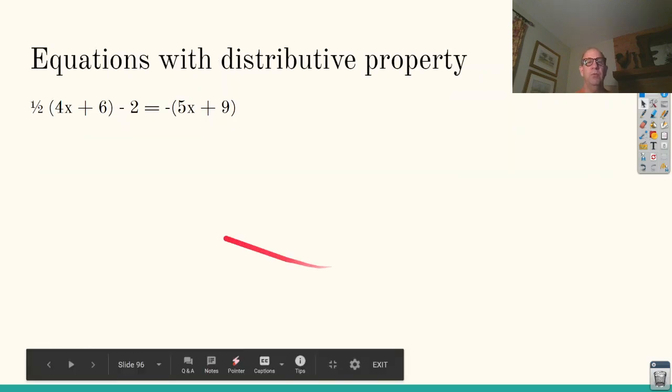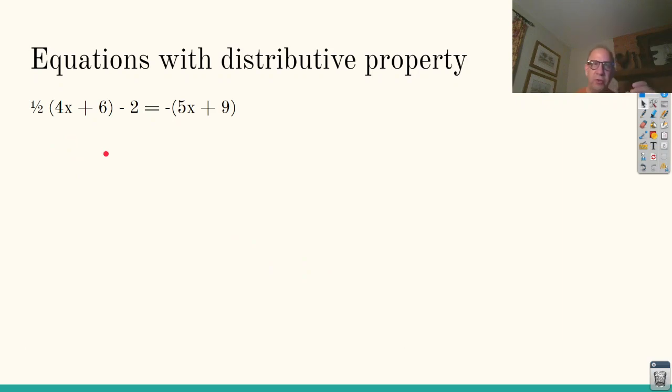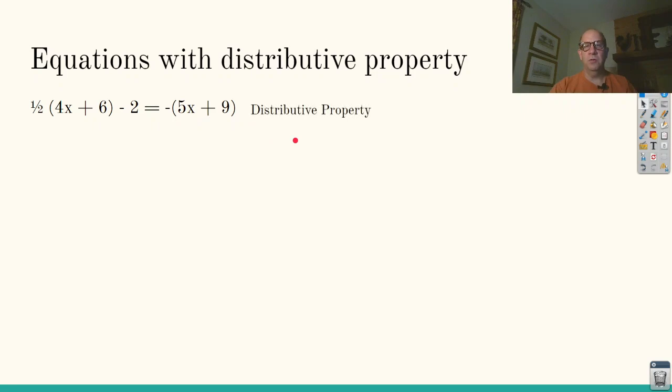All right, equations with distributive properties. So what is our first step now? Well, judging by the last one, I'm probably going to distribute this 1/2. So a half times 4x plus 6. So that's a half times 4x plus a half times 6. And then that's a negative sign. That's basically saying the opposite of this. So what's the opposite of 5x? Negative 5x. What's the opposite of plus 9? Minus 9. So distributive property,